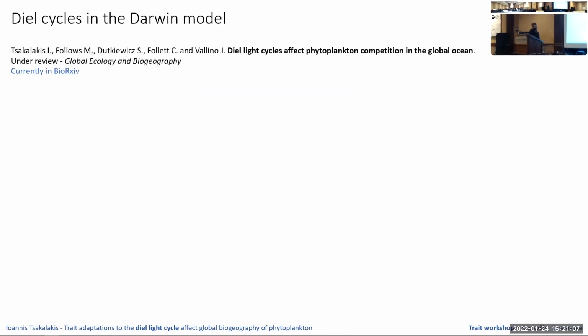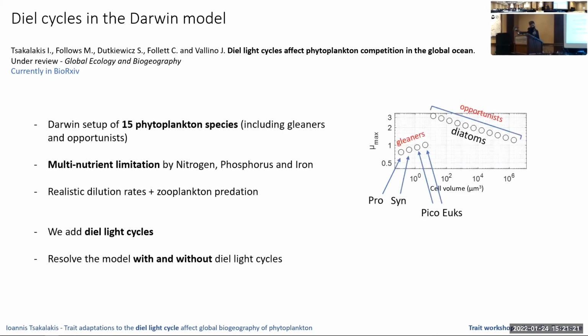So, diel cycles in the Darwin model. If you don't know, the Darwin model is a global ocean model of MIT that includes a lot of functional groups and realistic chemistry and physics of the global ocean. And what we do here, we have a setup with 15 phytoplankton, including cleaners and opportunists. We have more realistic conditions like multi-nutrient limitation by nitrogen, phosphorus, and iron, and realistic dilution rates compared to a chemostat that you can have